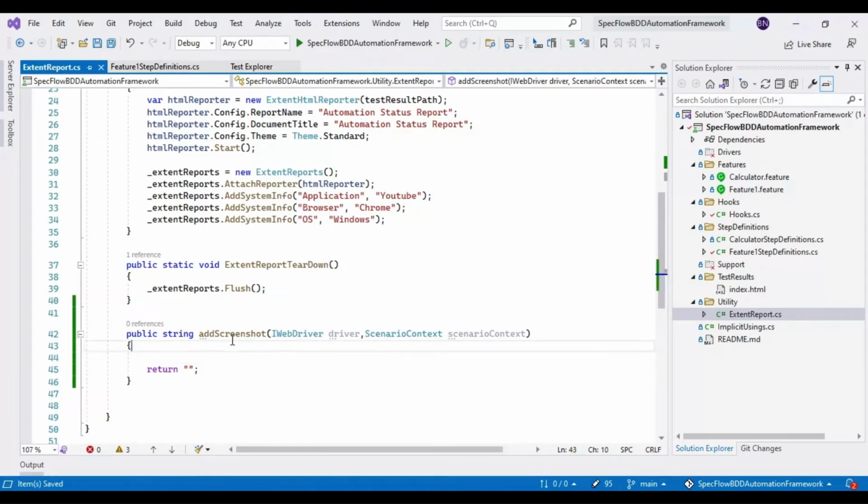To capture the screenshot, we have to firstly cast this particular driver object to the ITakesScreenshot. So here I'll write,